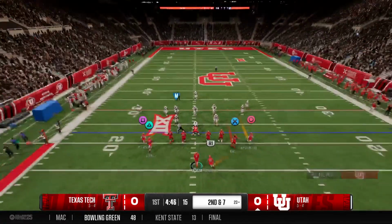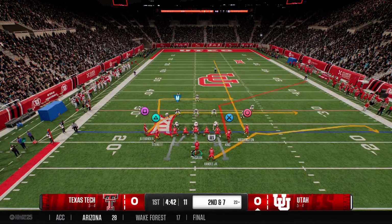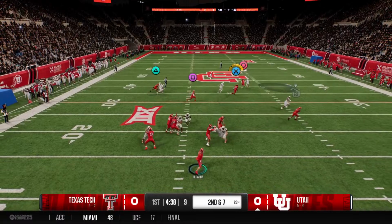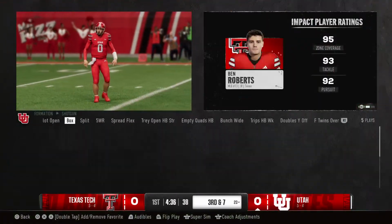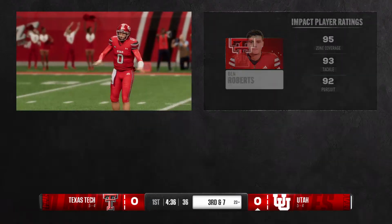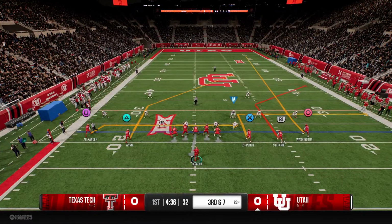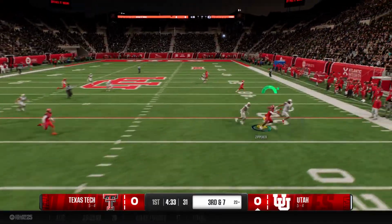I'll tell you, this is a running back who's very, very dangerous, and the defense did a good job getting him down there. But they got to do a great job gang tackling, because this is a guy that can break tackles and turn those types of plays into home runs. And I tell you what, I know it's little when these QBs miss and the ball's not right to them, but man, it makes such a difference with yards after the catch, and in this case, even catching the football. It was just a little...